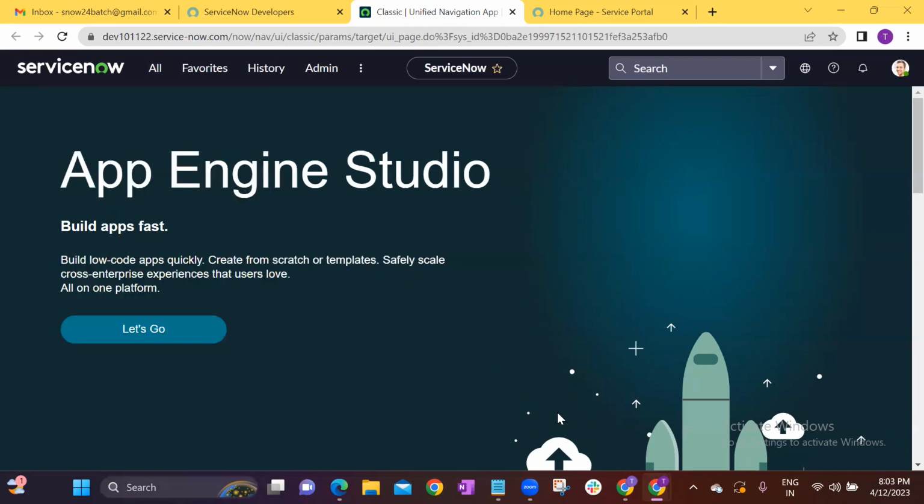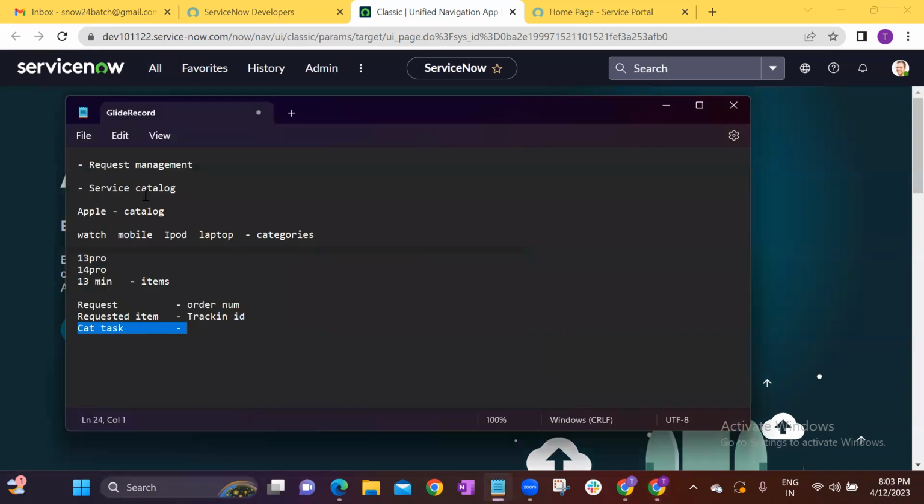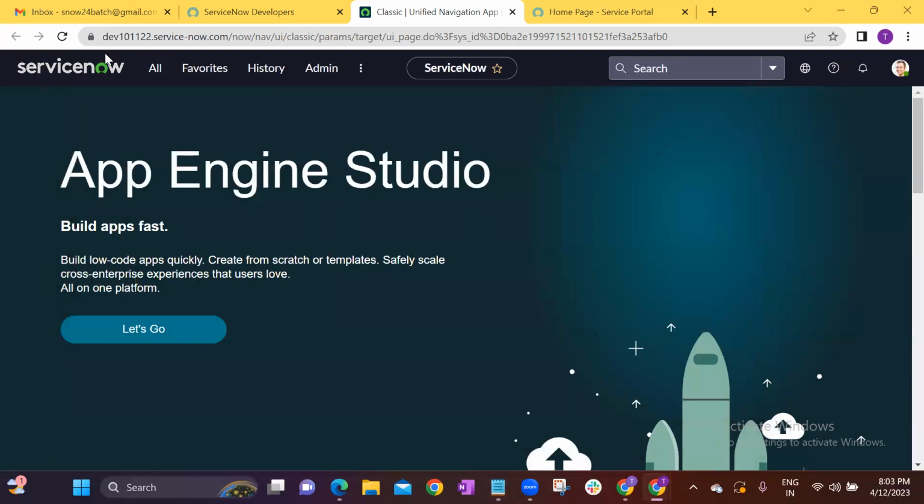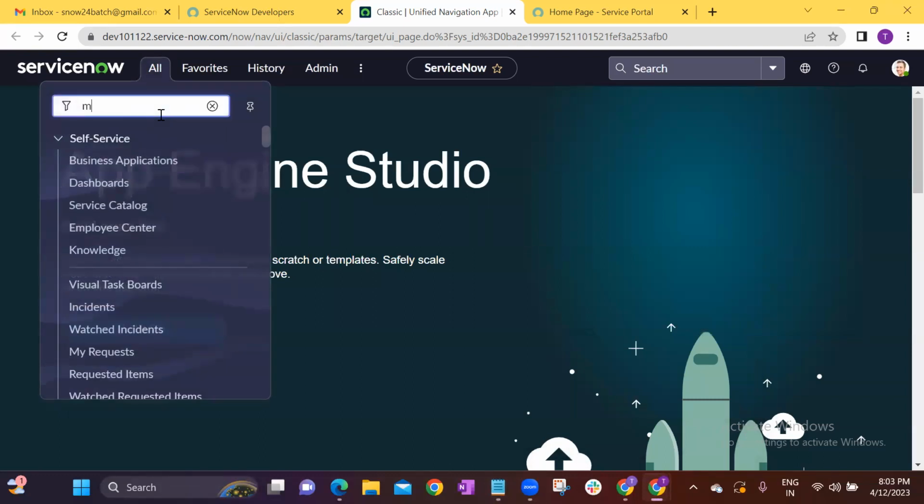Okay, guys. We'll start from the beginning. We'll start how to create the catalog, how to create the categories, how to create the items and the item configurations and the backend flow, how the backend flow will run, workflow we can create, everything we can create. Let's see. Just go to, if you want to create the catalog, type maintain